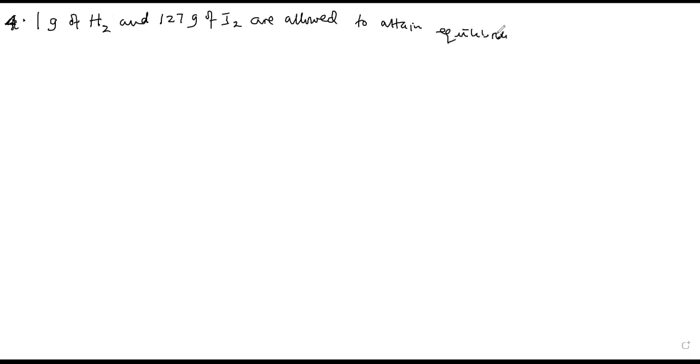So, question 4: 1 gram of hydrogen and 127 grams of iodine are allowed to attain equilibrium in an evacuated container of volume 10 decimeters cubed